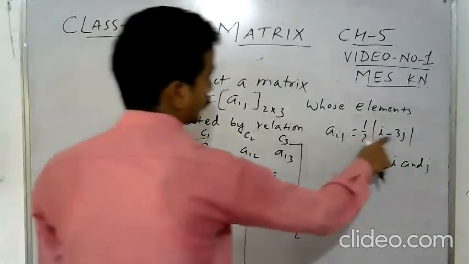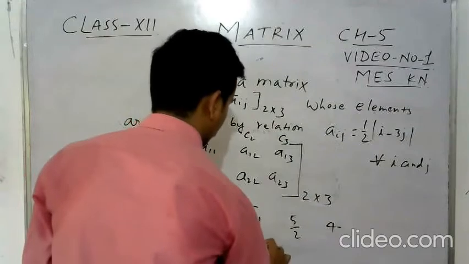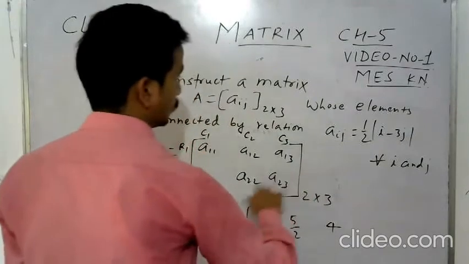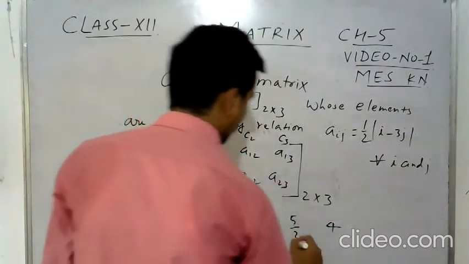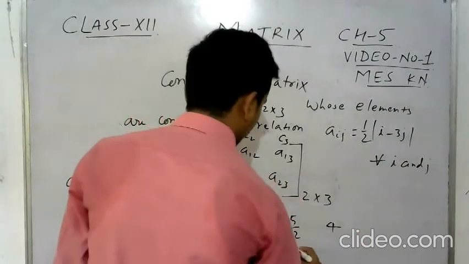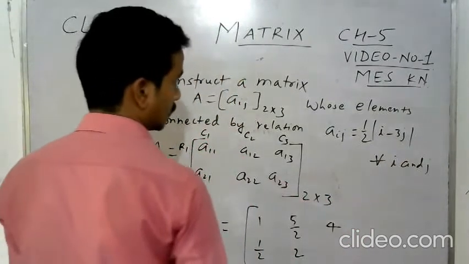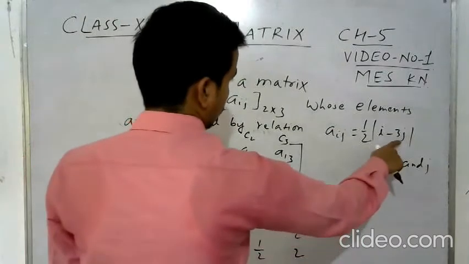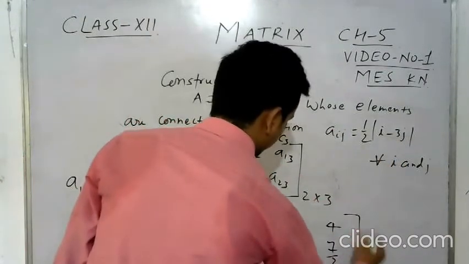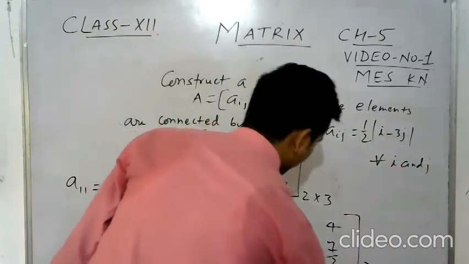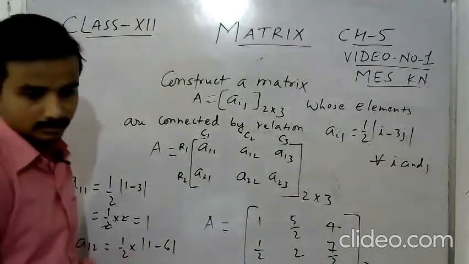2 minus 3 is 1 by 2, and here 2 2. 2 minus 6. So 2 minus 6 is 4, and 2, and 2 3 is 2. 3 3 is a 9. So 2 minus 9, this is 7 by 2. So this is the required 2 by 3 matrix. So this is the answer. Okay,